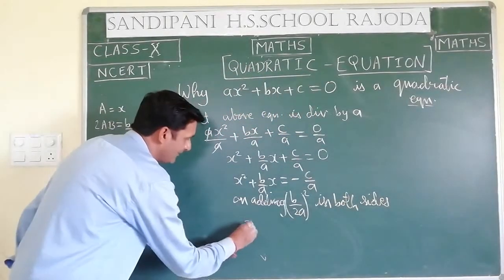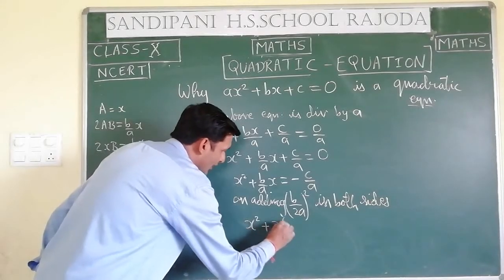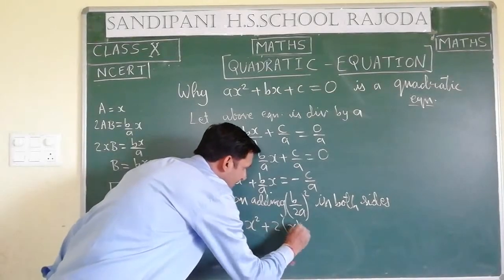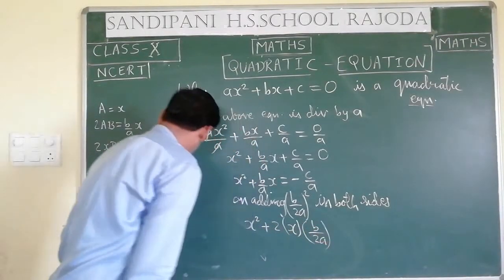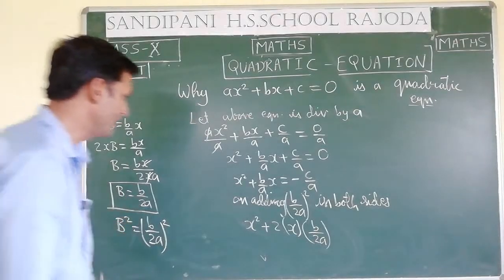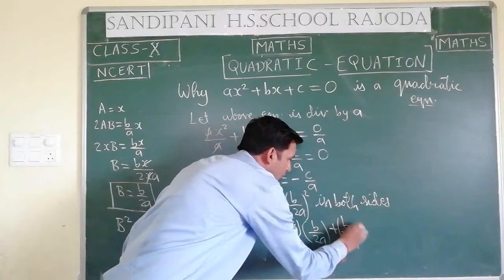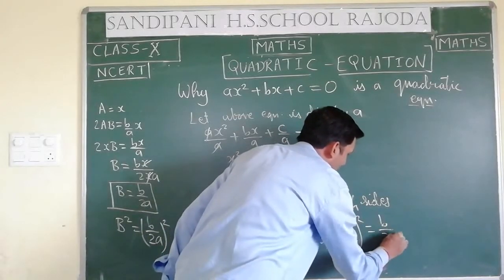so it will become x square plus 2ab form I am writing. In place of a, x is there. In place of b, b upon 2a is there, and plus b upon 2a whole square is equal to b upon 2a whole square